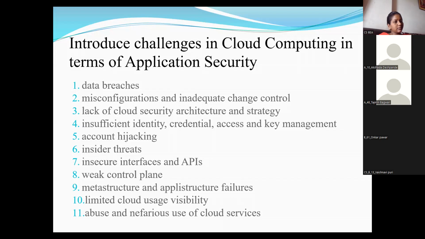Okay, so as customer responsibilities, CSA will recommend using two-factor authentication, just like nowadays Gmail is providing us two-step verification. So first of all, your password will be the first verification, and the second time an OTP will be sent to the registered mobile number that you have to put over there, or the G Suite code that you are going to provide over there. So that way, two-way security might be provided.